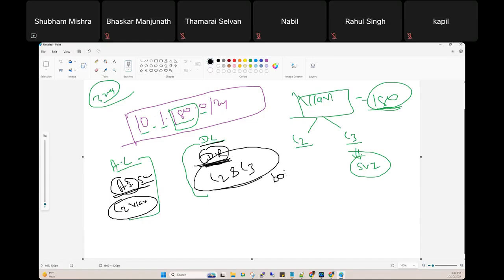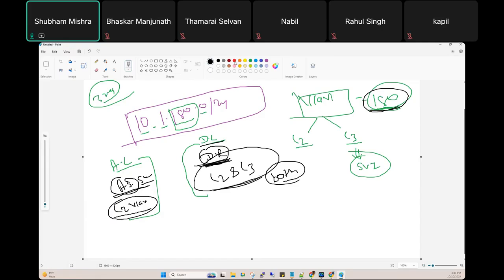So for this VLAN, I need to create two VLANs, L2 VLAN and L3 VLAN. On the access switch, you create the L2 VLAN. On the DR, you create L2 and L3.